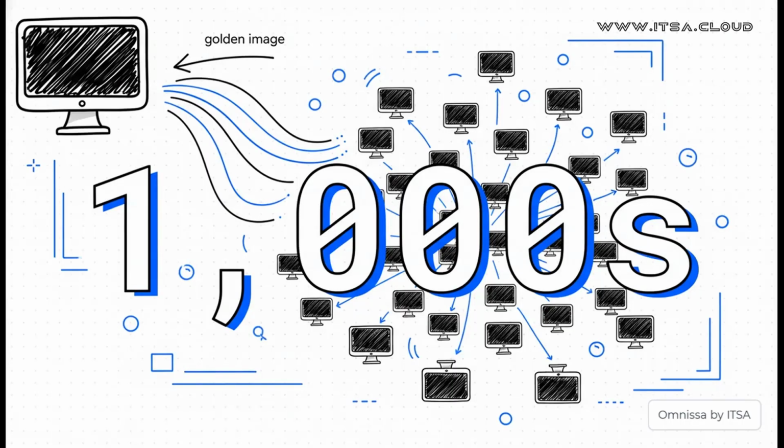And this is where the scale just becomes mind-blowing. Using this pool-based approach, an admin can create one perfect golden image of a desktop, and then, with a click, spin up literally thousands of identical copies for all their users. Now that is how you deliver a consistent, secure computer to a massive global workforce.